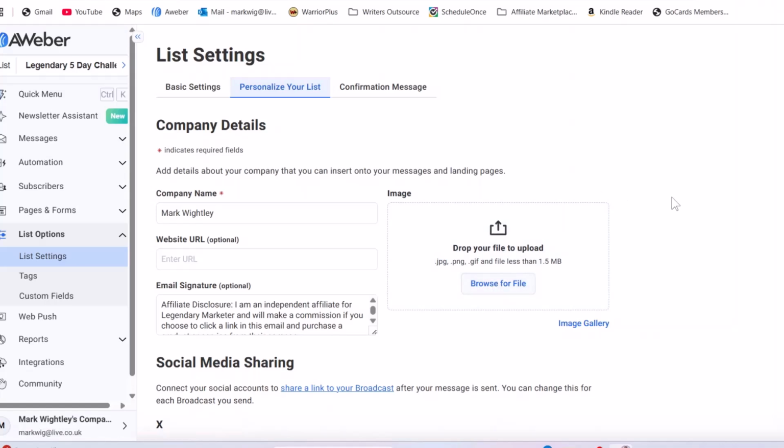Now, you can just click on the image gallery if you've got any image, or you can use some stock image if you really wanted to. But what I always find is best is to actually add in an image of yourself. So that's the first thing I would do. And then secondly, yes, you can use Canva. So I'm going to quickly show you how you can do either of these. The first place I like to go when I do an image of myself is a website called